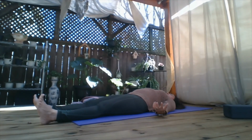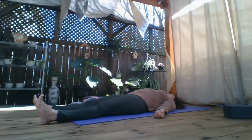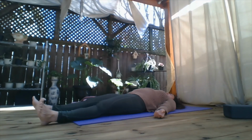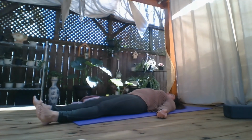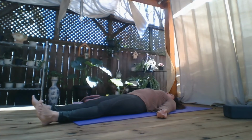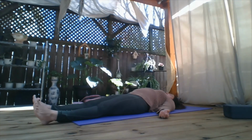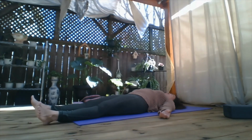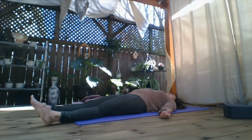From here, after we get our arms down by our hips, palms to face the sky, legs down, I want you to just allow the body to shake. So I'm going to count down from 10 as you just allow the body to shake. Moving the hips and the shoulders, trying to stay relaxed as you shake it out for 10,